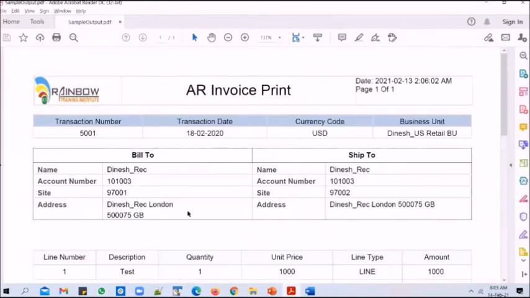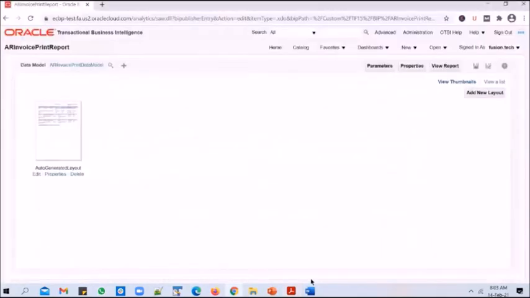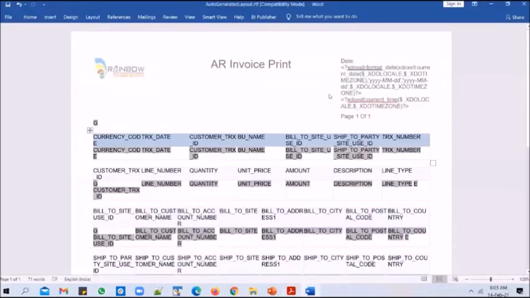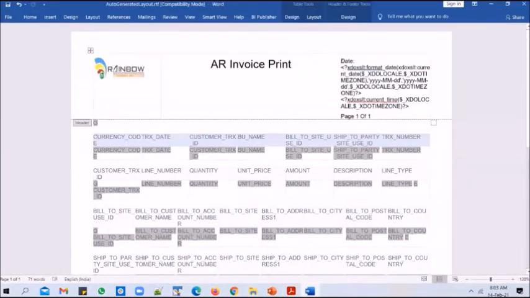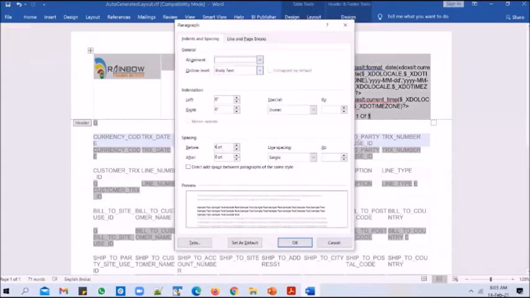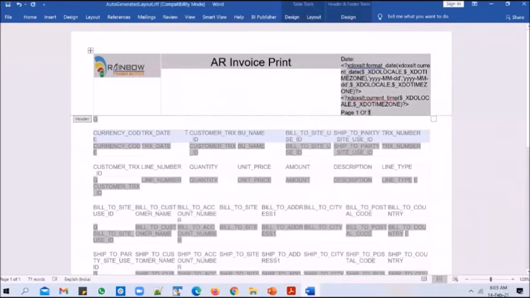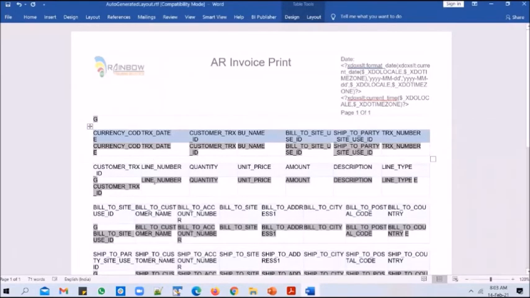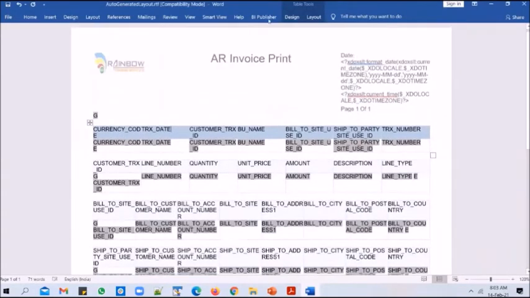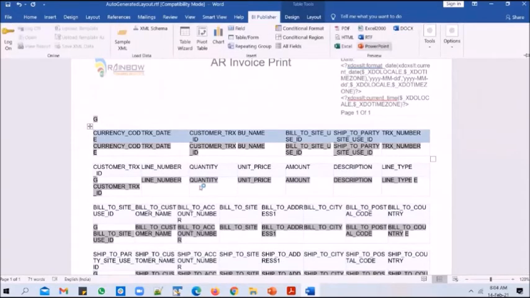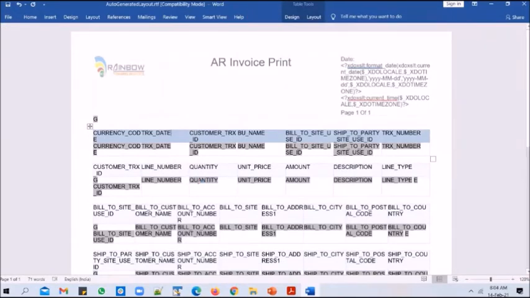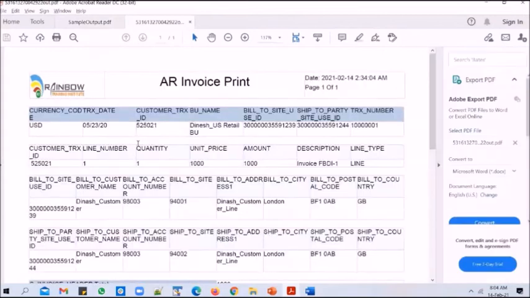Okay, and let's close this. Let's leave this open, and I go back to the layout. A space of 3 points or 6 points is looking a bit too much, so let's change this to 3 points. And let's come down to the main section. So in XML, if you view the output now, if you click on PDF, a PDF output is generated.